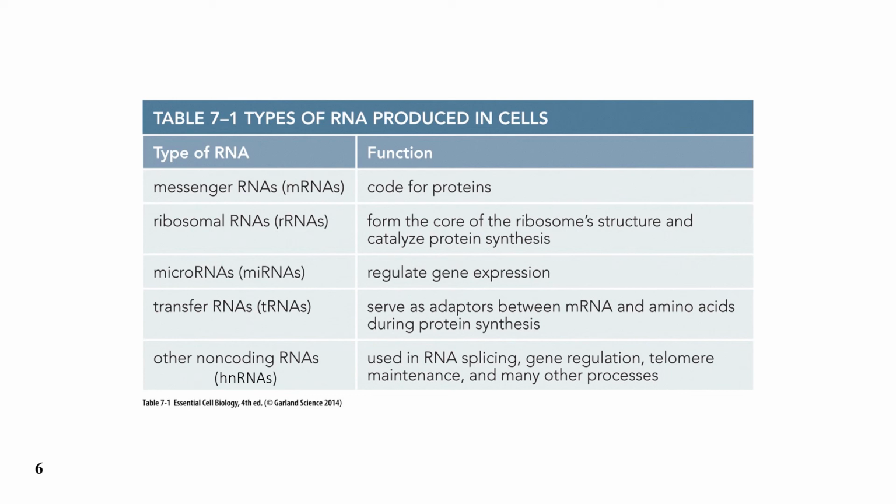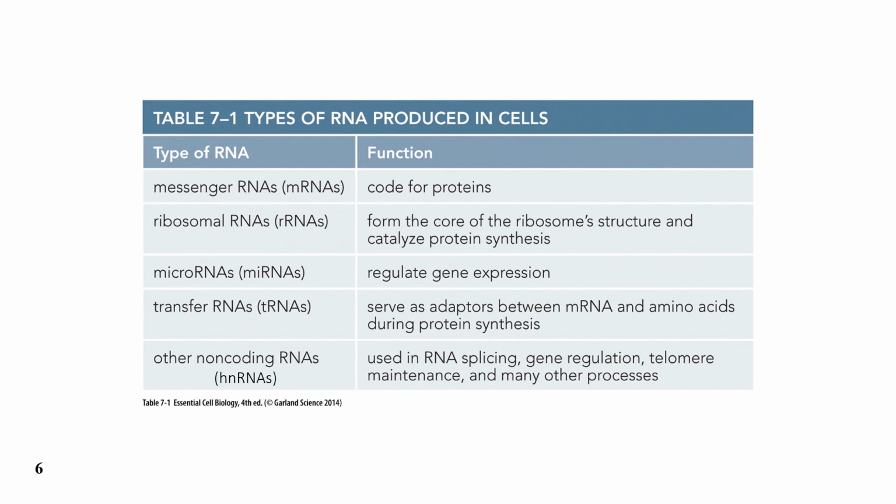But we also have a couple of other flavors, microRNAs, miRNAs, that are responsible for regulating, we'll say, the process of translation, so regulation of gene expression. And we also have hnRNAs, or heteronuclear RNAs, that are involved in nuclear processes,